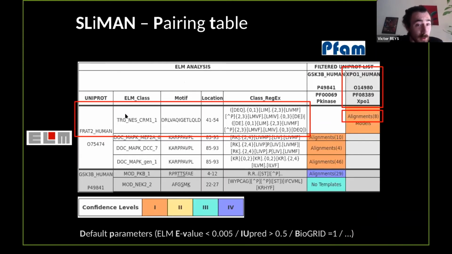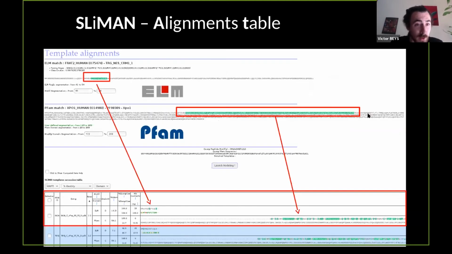In our case, we are interested in this particular motif, the NES motif from FRAT2 interacting with XPO1. So here we have the hit, and we can simply click on alignments to go to the alignment section. In this section, we have a recap of the motif extracted from ELM on the FRAT2 sequence. We also have the domain segmentation performed by Pfam on XPO1.